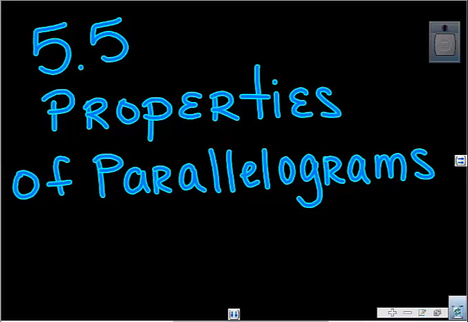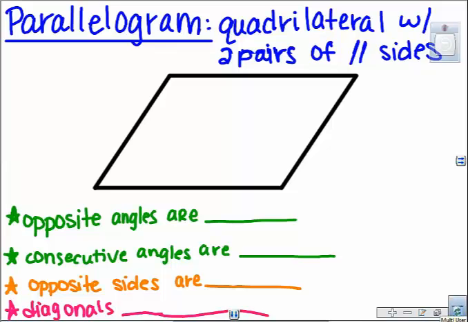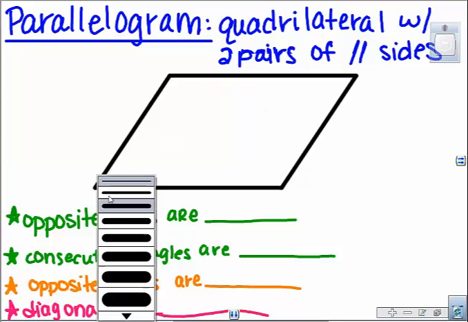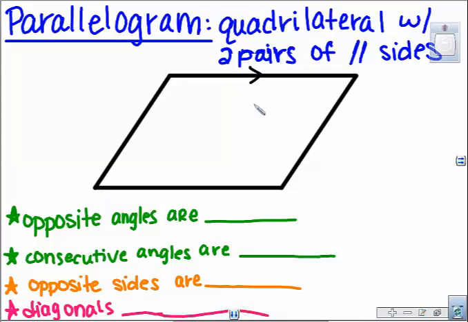5.5 are the properties of parallelograms, and then we'll get into more specifics in 5.6. First thing you need to know is that a parallelogram is a quadrilateral with two pairs of parallel sides. So if you draw a parallelogram, your first pair of parallel sides are across from each other. So we could say this is one pair, and remember we label parallel with those arrows, and then the second pair would be here. And they are not parallel to the first, so you need a different number of arrows